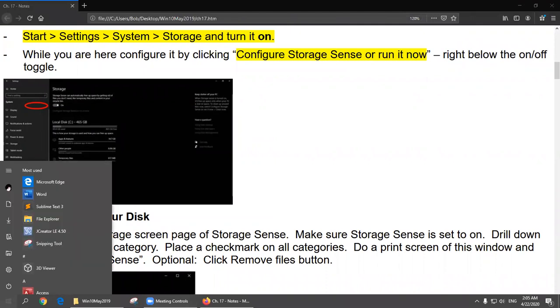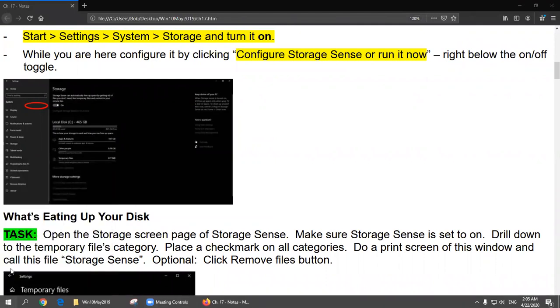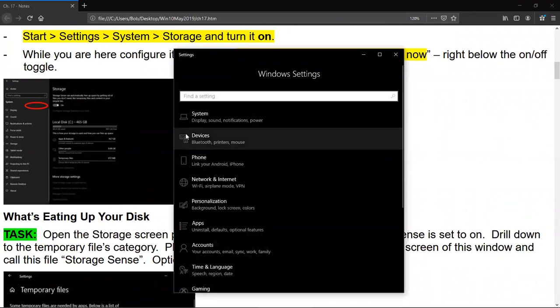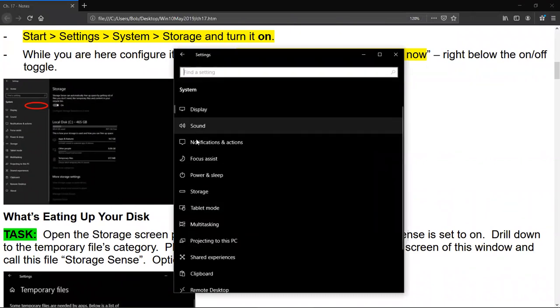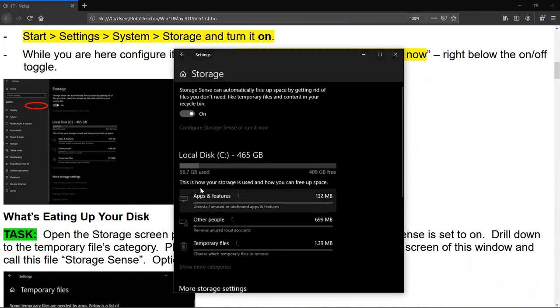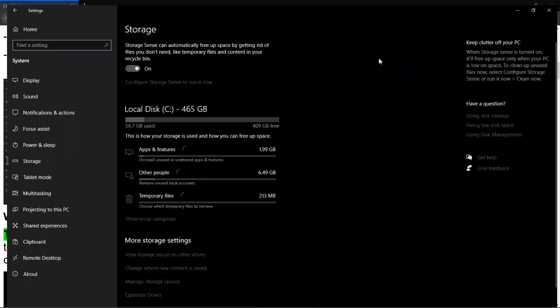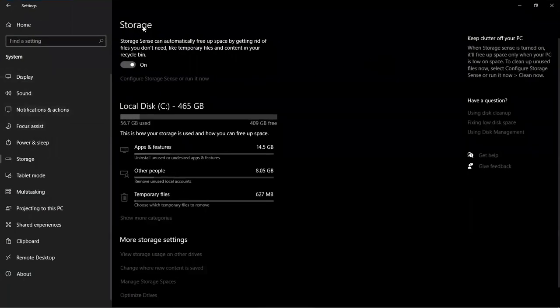I went over here to Start, Settings, and then we went into System, and then Storage. And I'll make the screen a little bit bigger. And this storage used to be, I believe, called Storage View, but here's the toggle to turn it off and on. And here's that silly little Configure Storage Sense. I think they would have made it a button, but